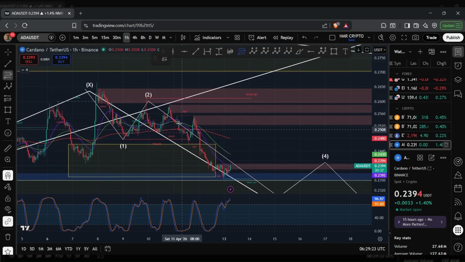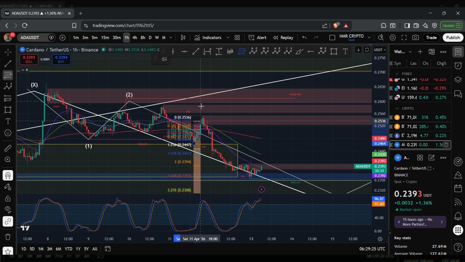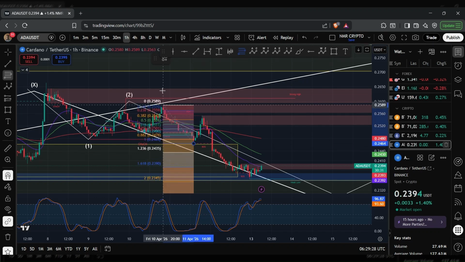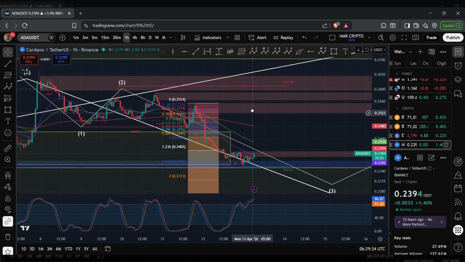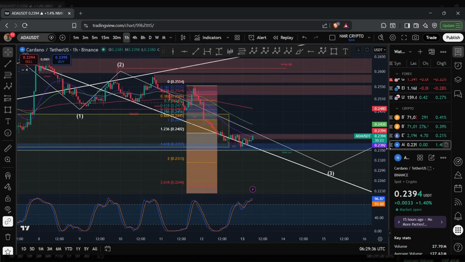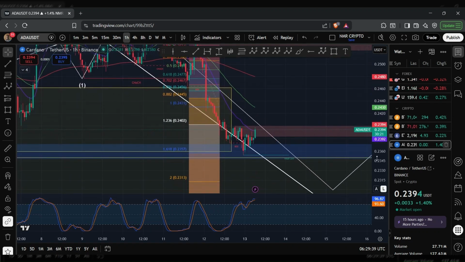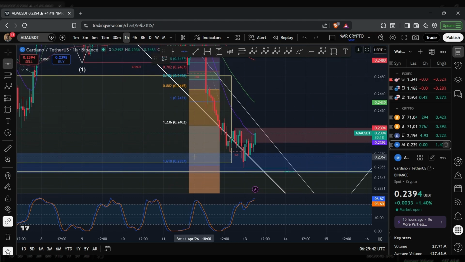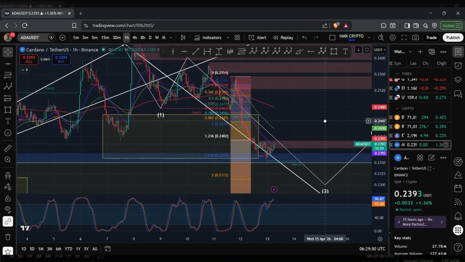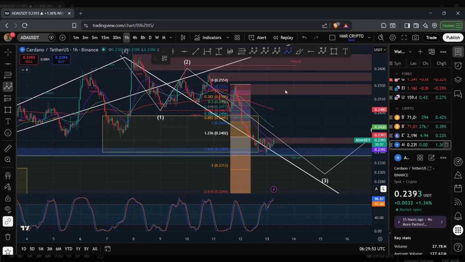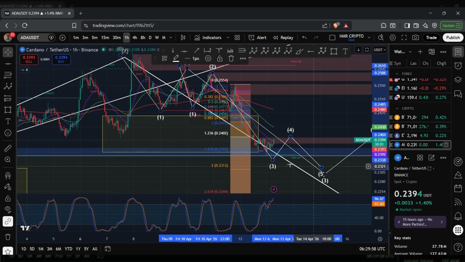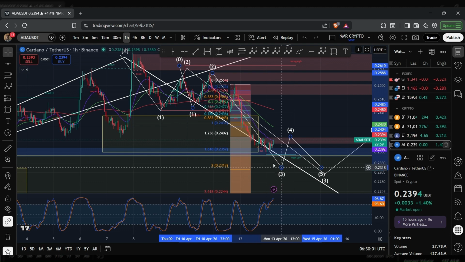So if I was to bring in the Fib tool again, bring this to 25.54 cents. And so the wave 3 as a minimum requirement will have to reach the 1.6 minute level. And you can see that we ended up exceeding that level, given the fact that we ended up reaching 23.54 cents. And so, again, if I was to draw this in, it looks like here we have a wave 1, a wave 2, a wave 3, 4, and 5. And it looks like we're still within this wave 3,